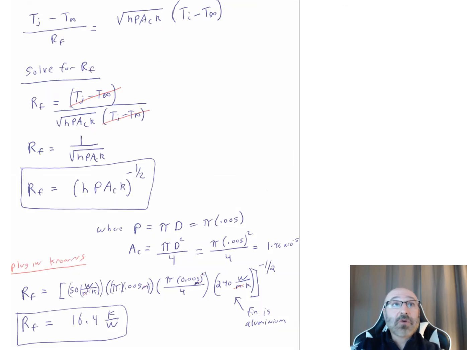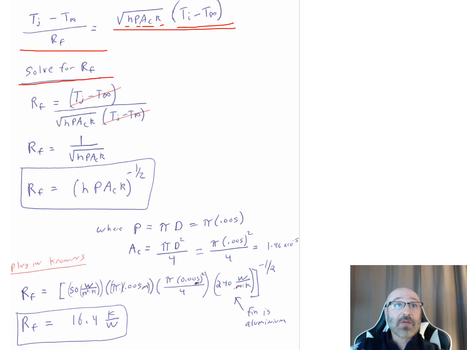So that's what we do right there. We have this relationship, T sub J minus T sub infinity, all over R sub F. This is equal to our other value for Q sub F, the square root of hPkA_c, all square root of that, times our temperature difference. So now we can take a look at these and say, well, I can subtract this and solve for R